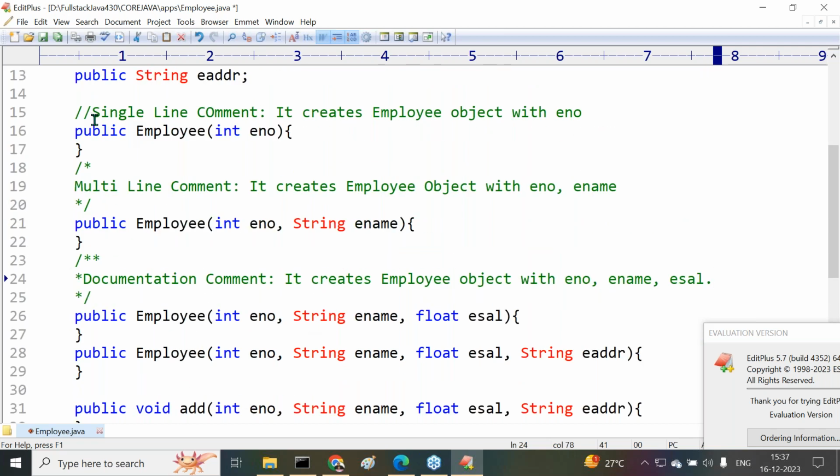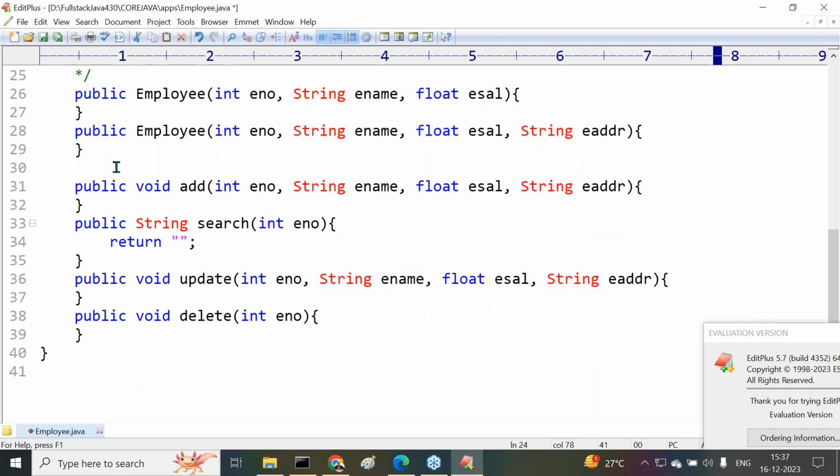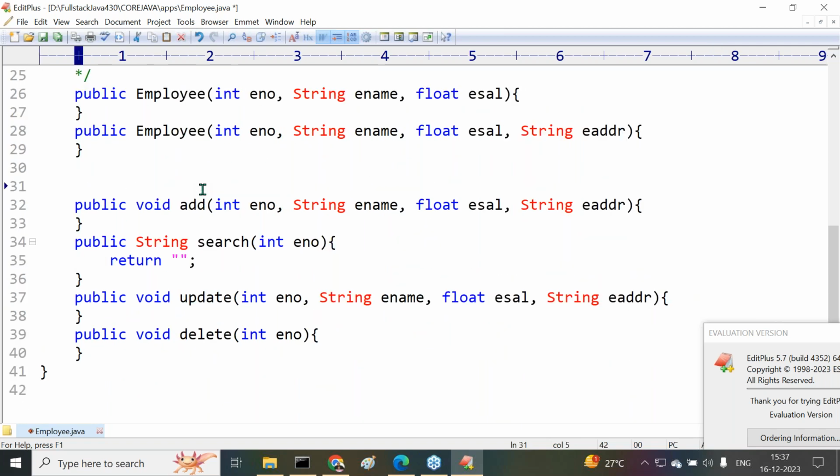Like this, overall three types of comments here we are getting: single line comment, multi-line comment, and a documentation comment. Next, for the methods I'm providing